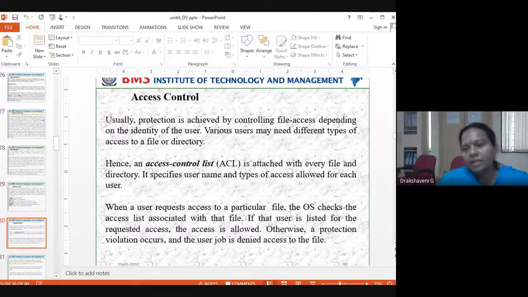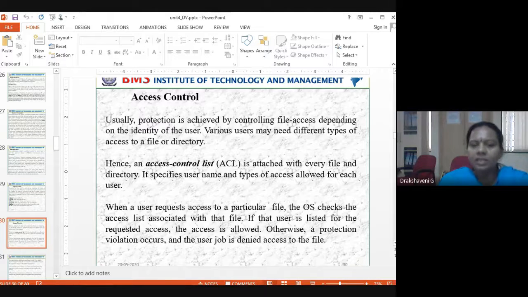In the same way, access control. Who will be controlling all this? So an access control list will also be there. Usually protection is achieved by controlling file access depending on the identity of the user. Various users may need different types of access to a file or a directory. Hence, an access control list, that's what ACL is, is attached with every file and directory.